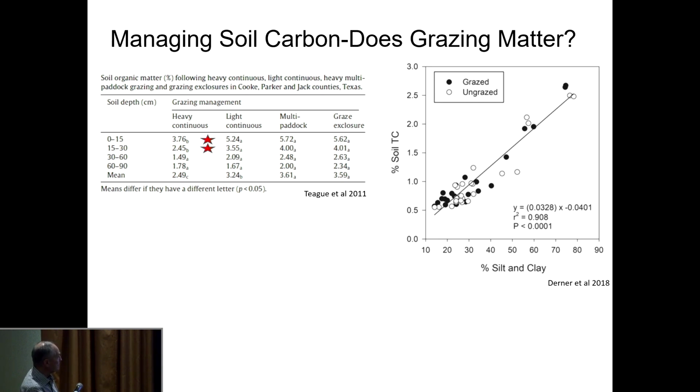Everything else was the same. The light continuous, the multi-paddock or rotational grazing, and then the long-term exposures were all the same. Same amount of soil carbon, regardless of management, over that 30 plus years. And the other thing is that once we got below 30 centimeters, or about a foot deep soil, and these are mollisols, these are high organic matter soils in a high rainfall area, this is where you're going to really see response. That was the only differences that we got. And you had to pound that to make a difference.